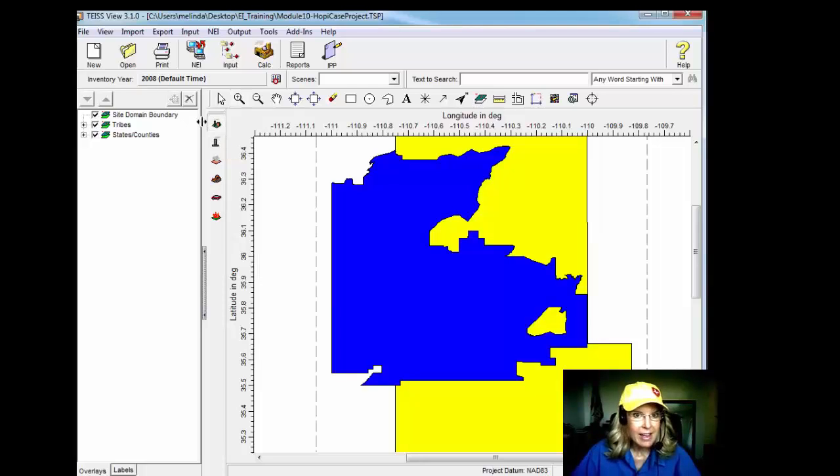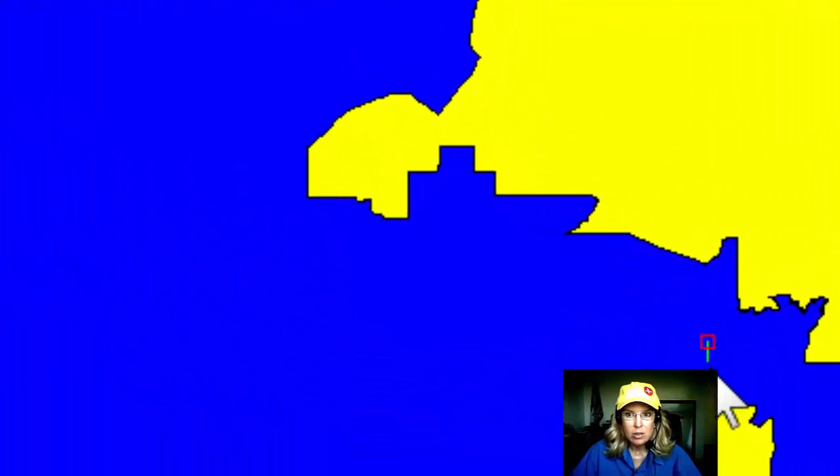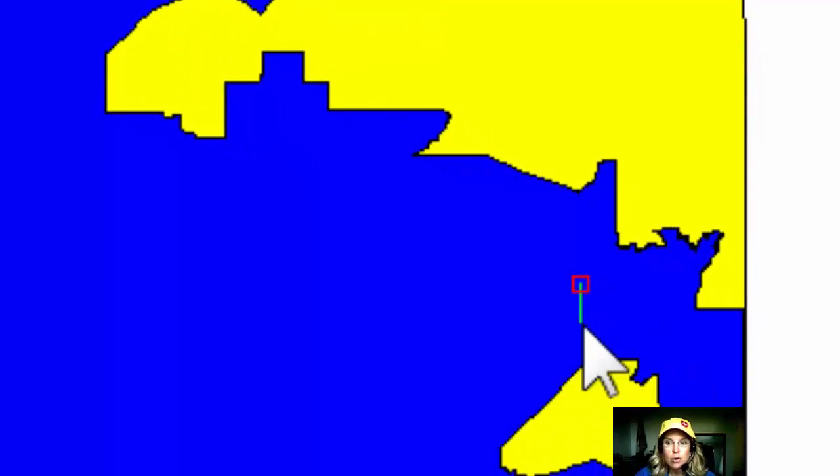So I'm going to click that so that TEISS knows, okay, she wants to draw a facility. And then I'm going to say, all right, I'm assuming that I know that it's just right here in this location, and I'm going to draw a little rectangle. And you can see how it opens up. There's a little red square around the first corner, and then I'm going to literally click to form one side of this source,